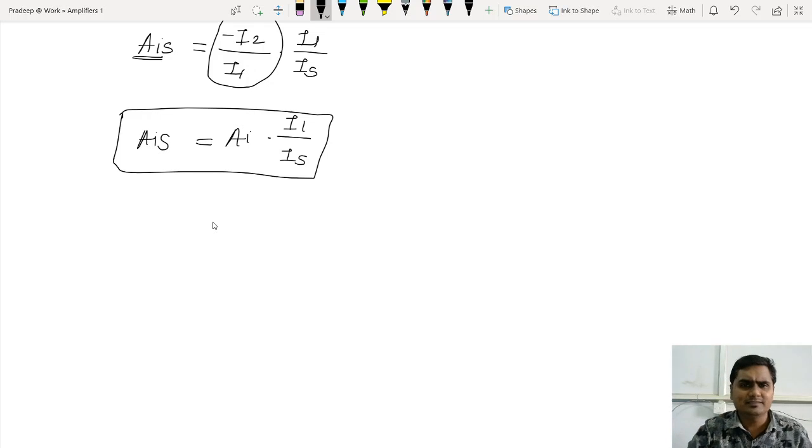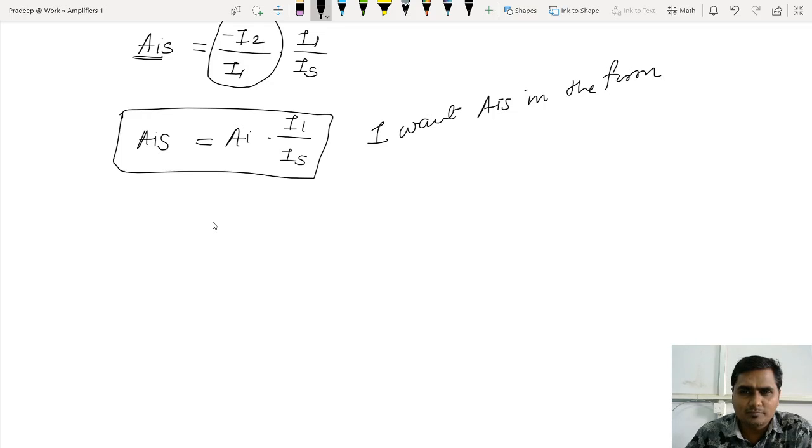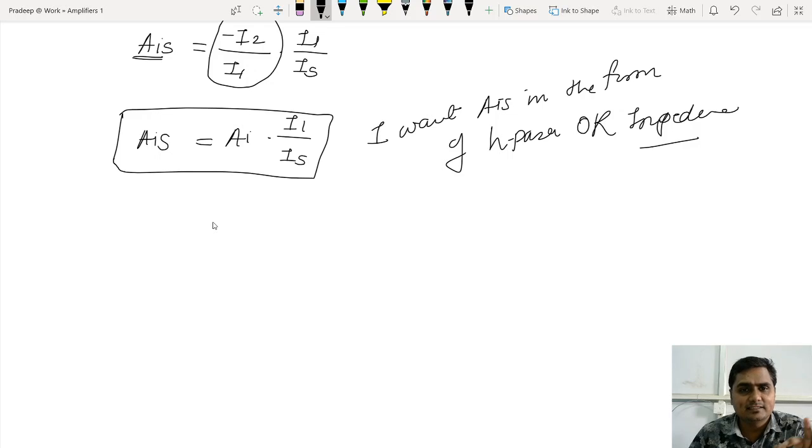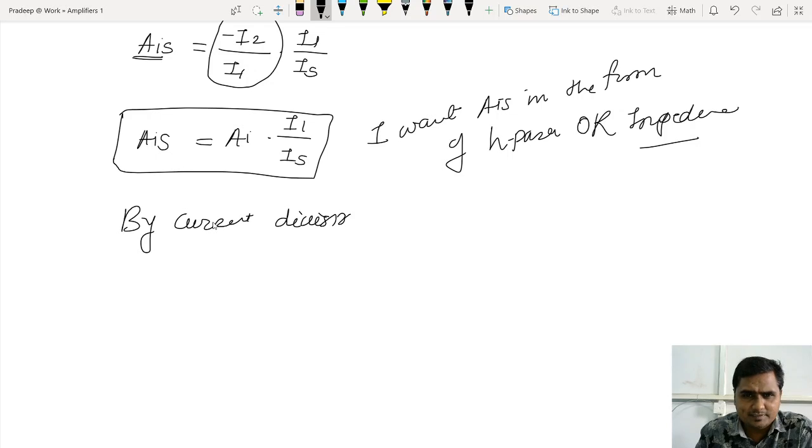Why am I doing this? Because I don't want AIS in the form of I1 or IS. What I want is AIS in the form of H parameters or impedances. Why do I want this? Because I don't want AIS in the form of current, that is I1 or maybe IS. So now by current division rule, look at this, by current division rule,